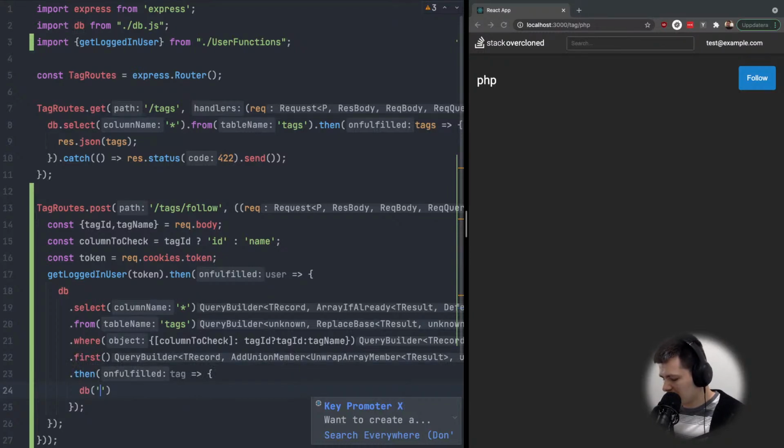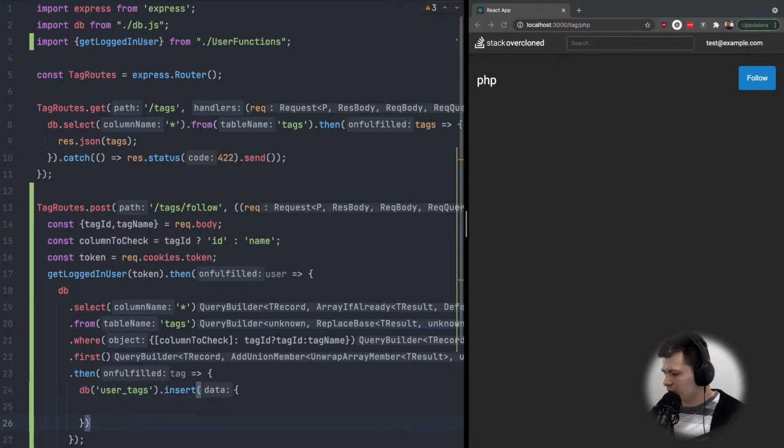So it will be user tags and then insert. Alright, so in here we need to insert user ID. That will be the currently logged in user that we have from here. So it will be user.id, and now the tag ID, and we have all tag information from here. So this will be tag.id,